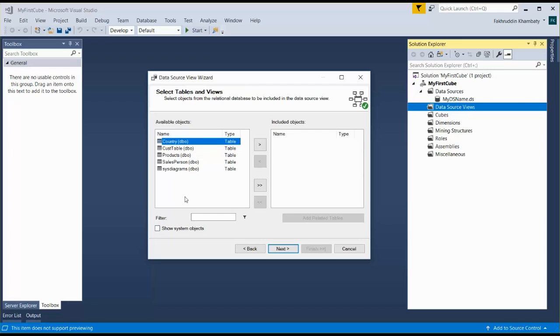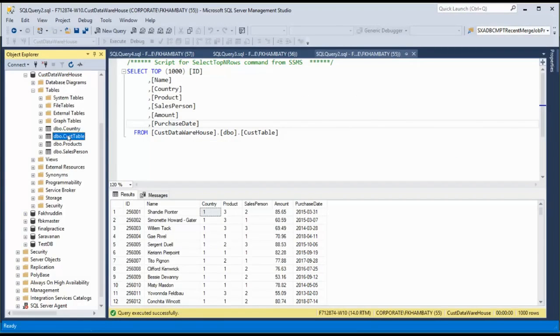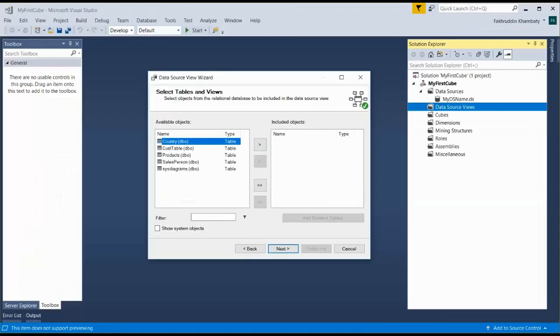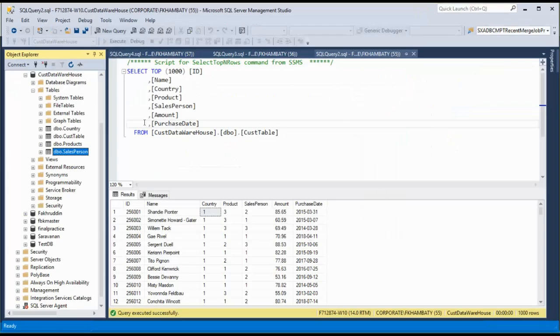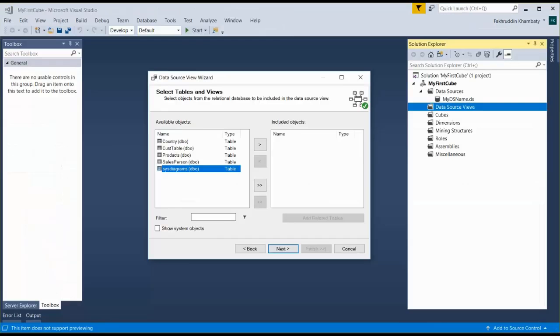Now it populated the tables which are present in that particular data source. Now remember the tables 1, 2, 3, 4. It populated all those tables: country, cost table, product, salesperson. Sysdiagrams is a table that I have not created, but when you build relationships between different tables, you get that in a diagram, and that will be saved in the system.